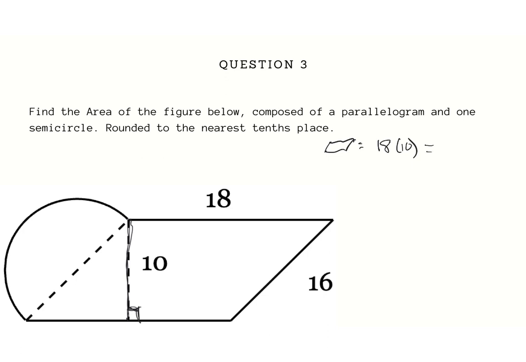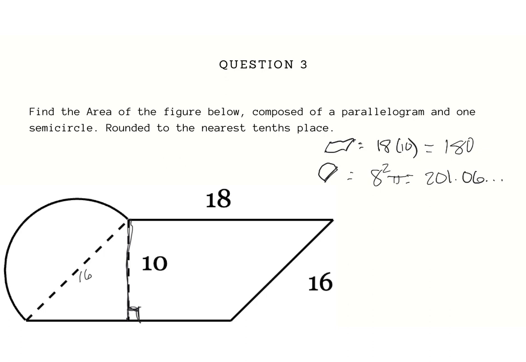So that is 180. Then I'm going to do my half circle, my semicircle, of which I know the diameter is 16. So the radius is 8. So we're going to do 8 squared times pi, which is